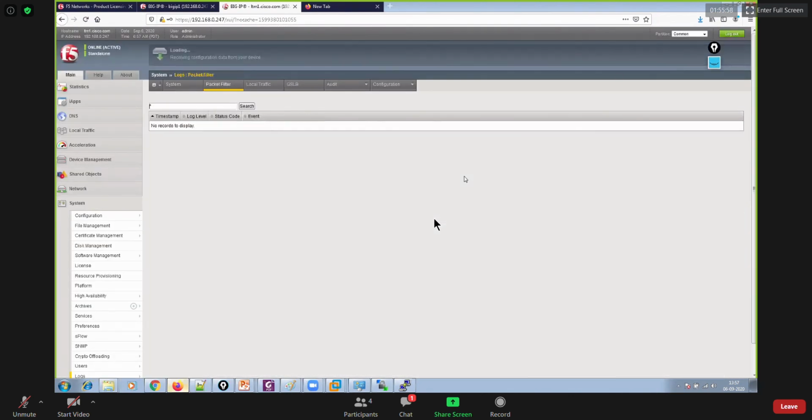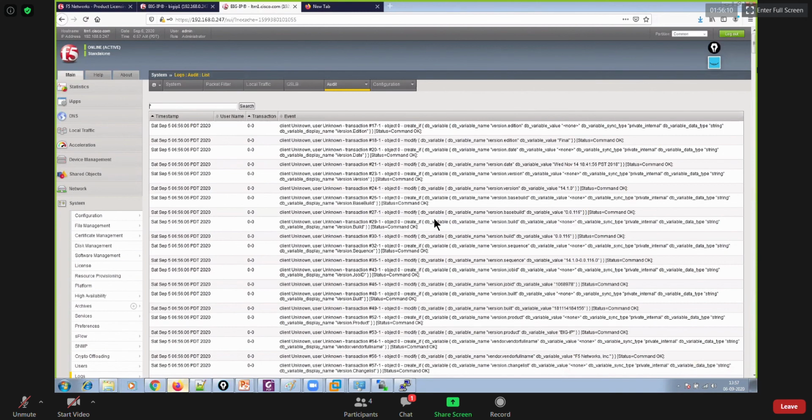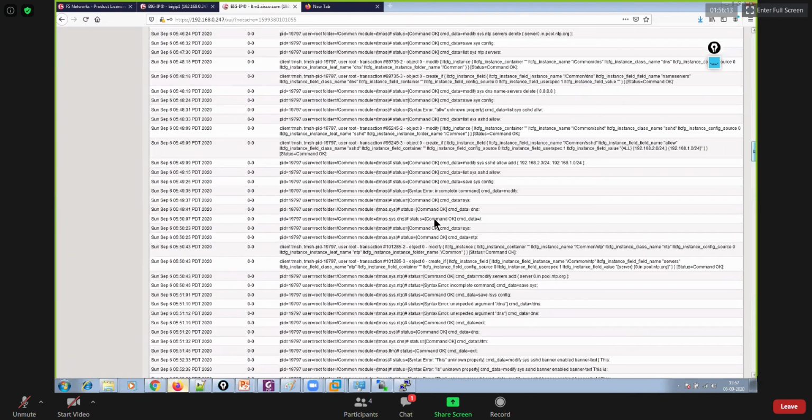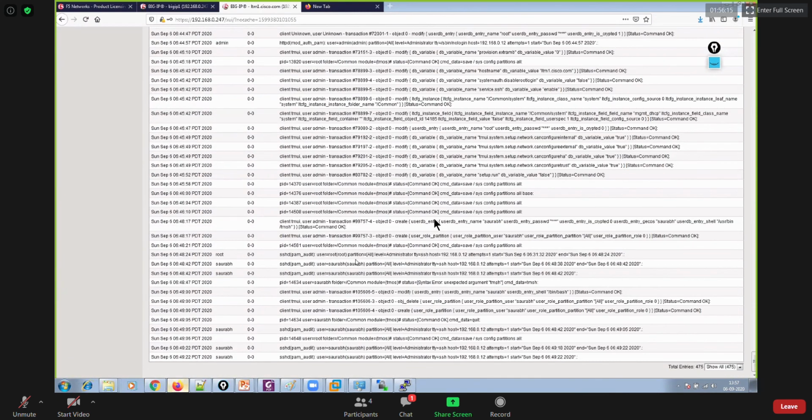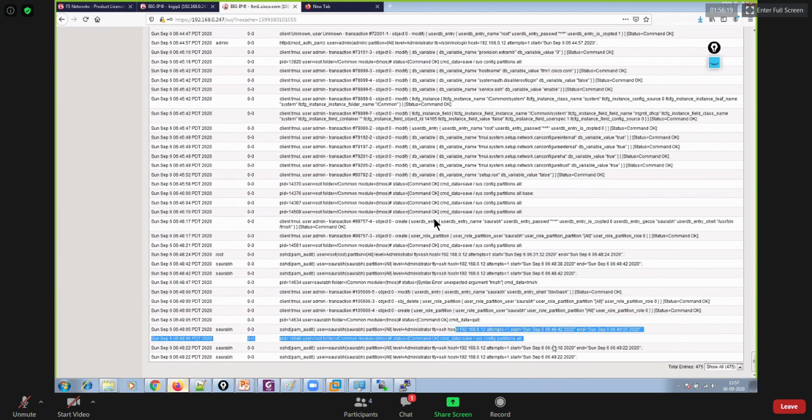Thereafter, packet filter is for ACL logs, and there are audit logs. You can see which changes you have made here. Show all, and then you can keep scrolling down, and you can see what I did here: SSH this, SSH that, saves config, I created this user.